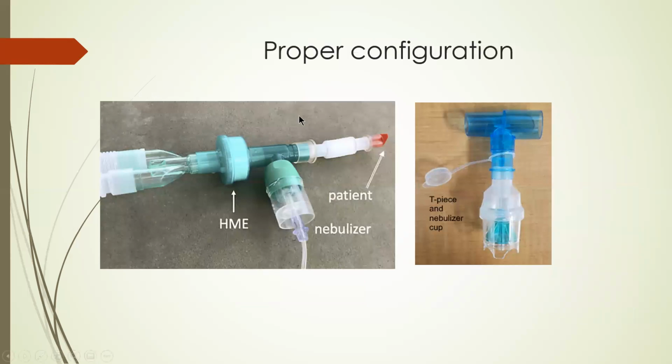It is important to connect it properly when we are using the nebulizer along with the ventilator. This is the T connector which is used to connect the nebulizer in the circuit. Always remember to connect the nebulizer close to the patient, next to the Y piece of the circuit. If we connect it away from the patient, most of the drug is going to get deposited in the circuit